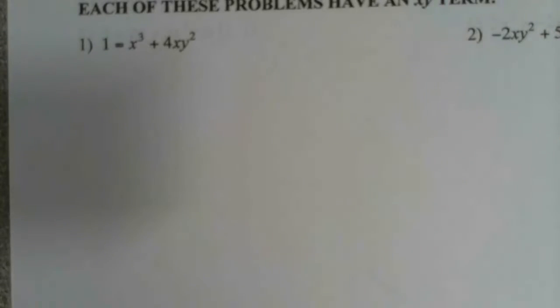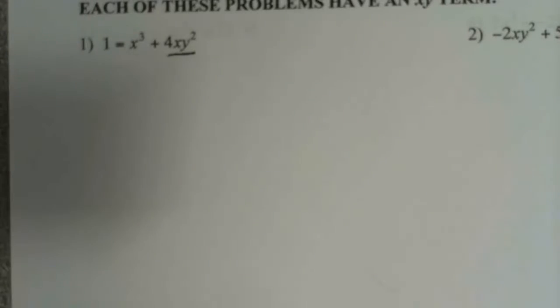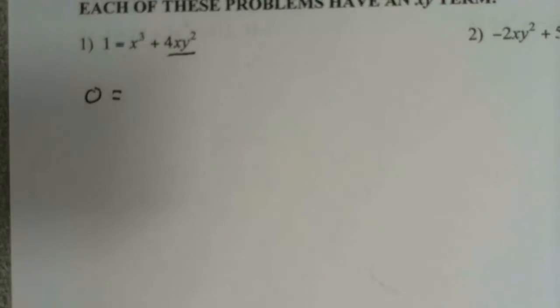All right, kids, so here's day 2 of implicit differentiation. Now, these are just a little bit different only because there's this cross term. There's an xy term, which means we're going to have to do the product rule in a way. But we can still do the derivative term by term, but we just need to be careful when we get to that cross term. So, for example, the derivative of 1 is 0, and the derivative of x to the